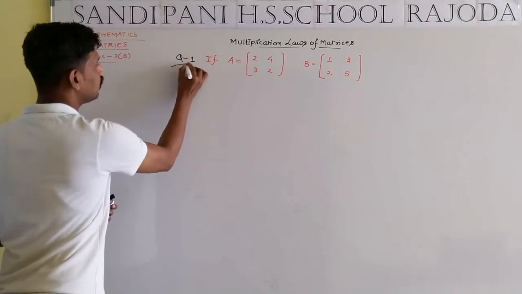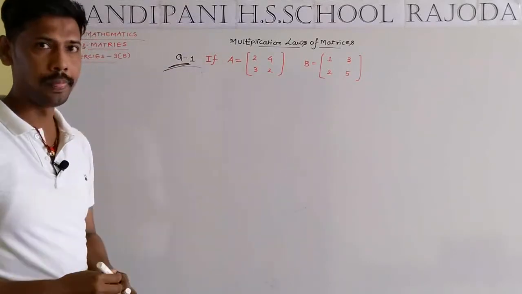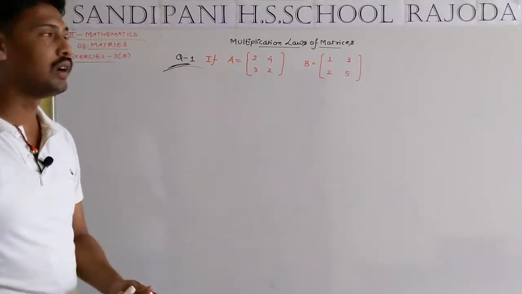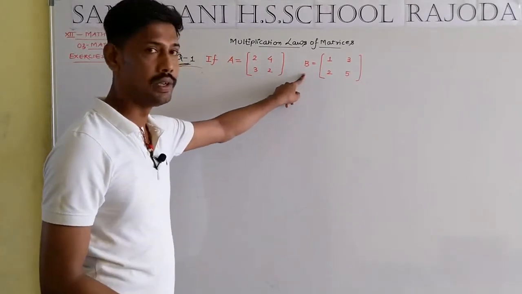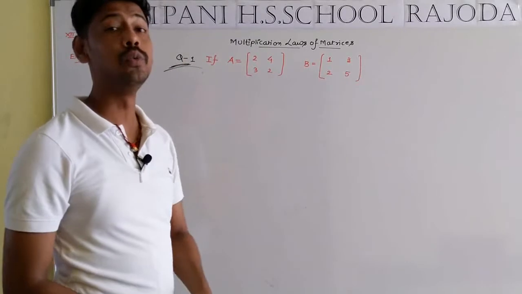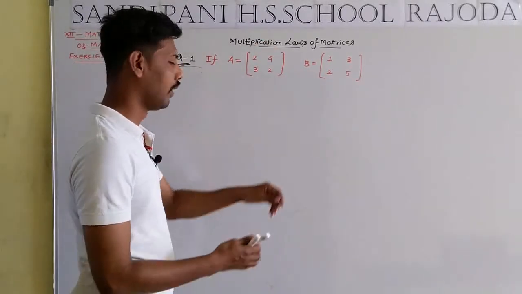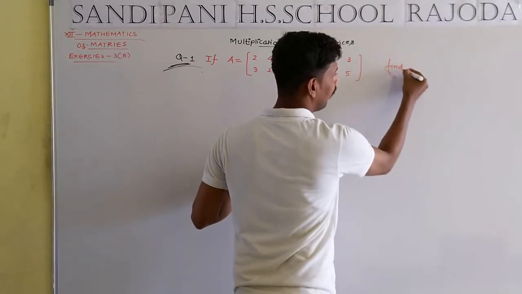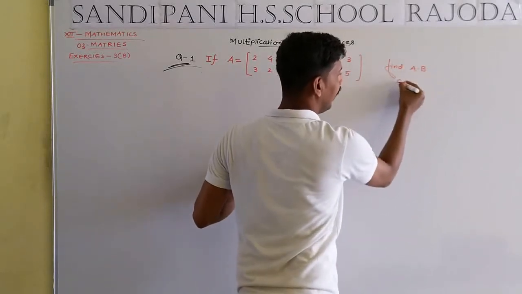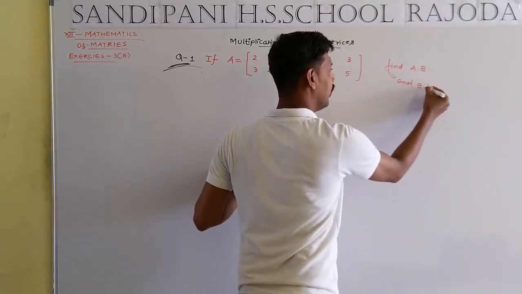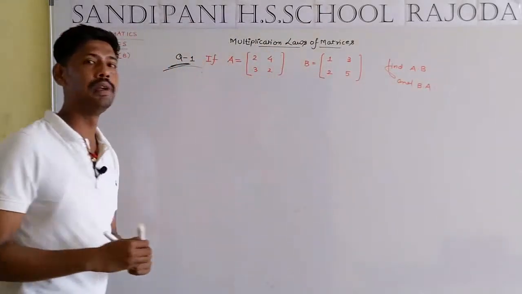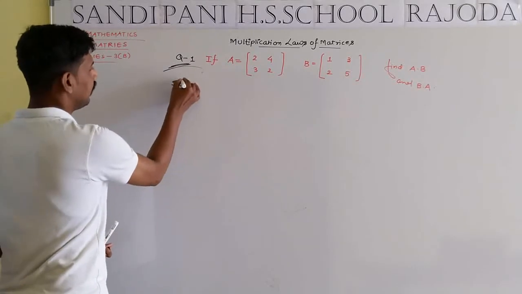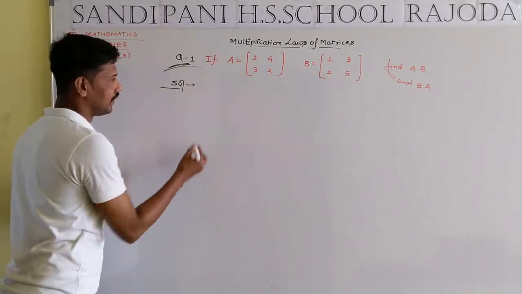What is the demand of the question, students? If matrix A is [[2, 4], [3, 2]] and B is [[1, 3], [2, 5]], then we have to find A dot B and B dot A. Students, A dot B and B dot A. Now the solution. Given that